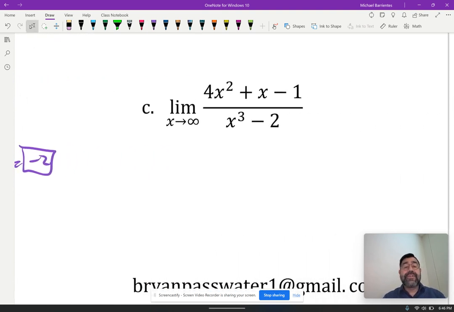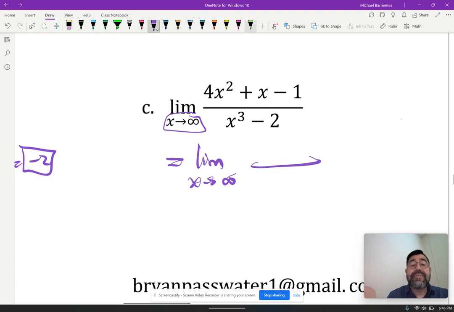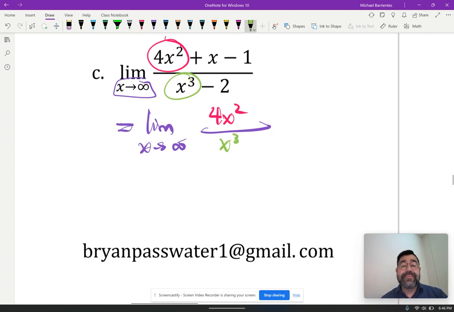What about letter C? Is it a limit at infinity? Yes. Okay, that means I can focus on the biggest term in the numerator and the biggest term in the denominator. So in the numerator, that would be this guy, not because he's first, but because he has the biggest power of x. And then this one. What happens in this example? Do all of the x's reduce out? Well, no. Only 2 from the numerator and 2 from the denominator are going to cancel out. And what you're going to be left with